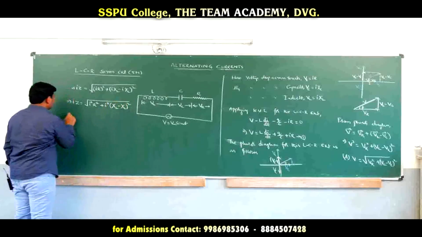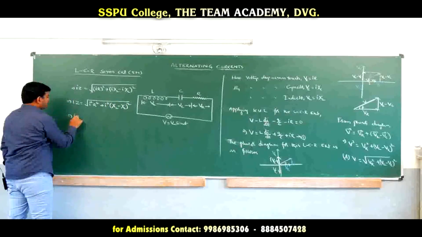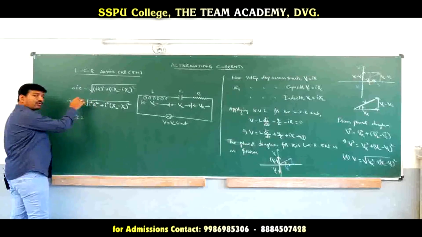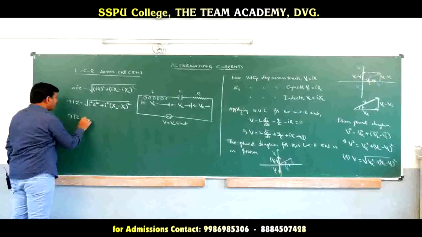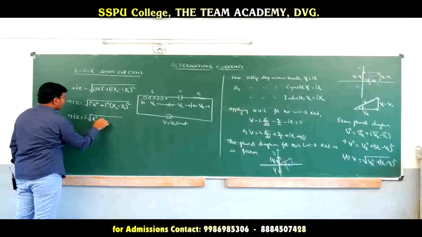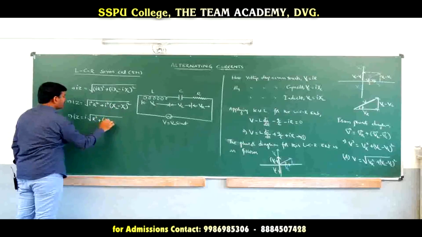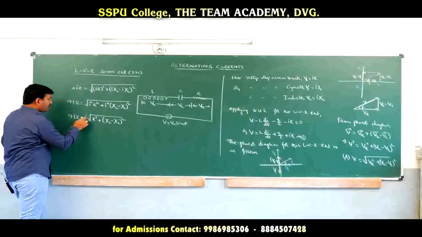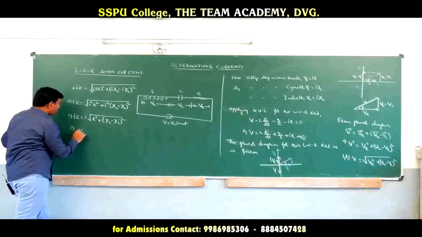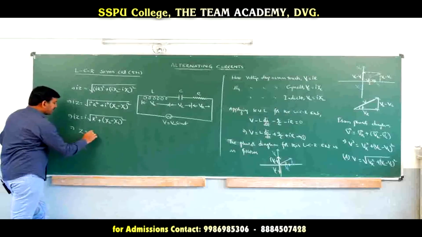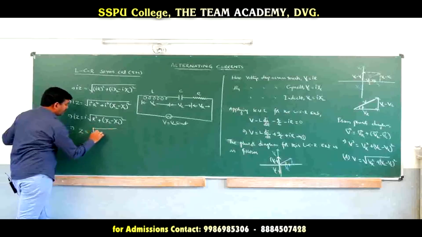This is nothing but I into Z is equal to the square root of I square, if I take it common and bring it out of the root, root of I square is I. Therefore, I into the square root of R square plus (chi L minus chi C) whole square. I will be cancelled on both sides, and we remain with Z. That means the impedance Z is equal to the square root of R square plus